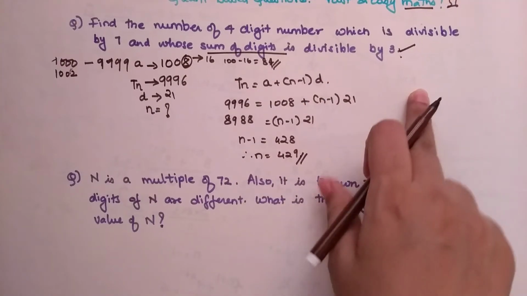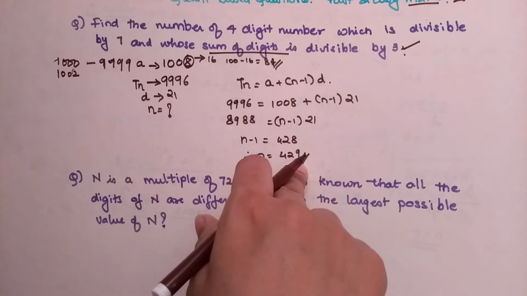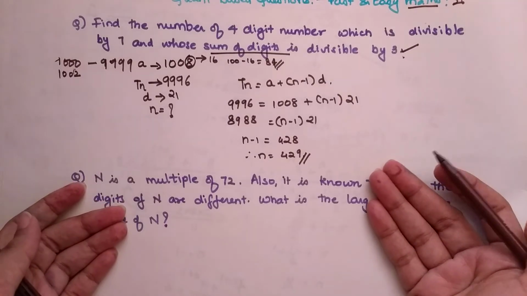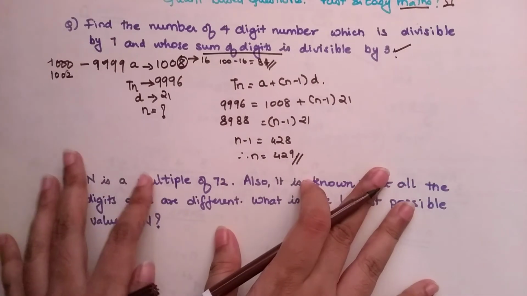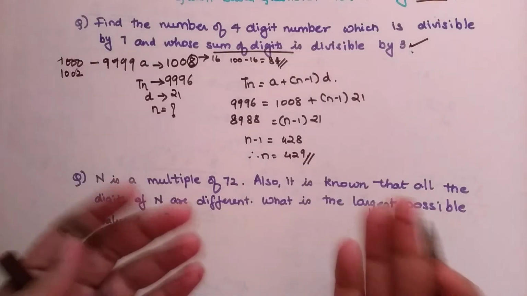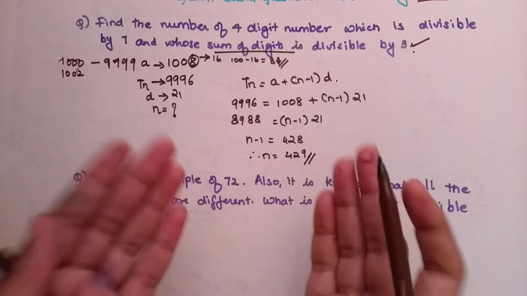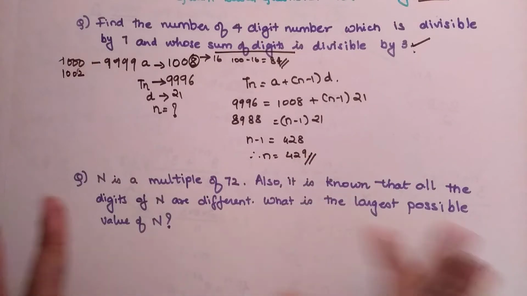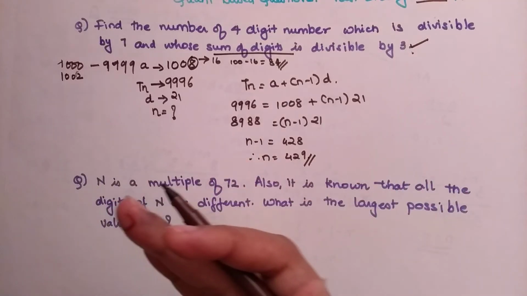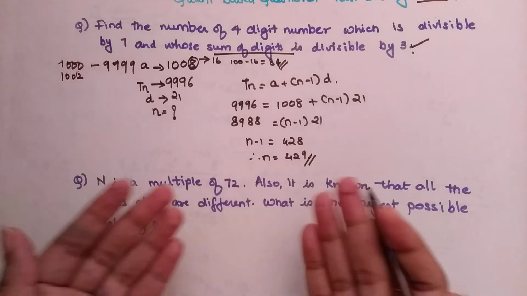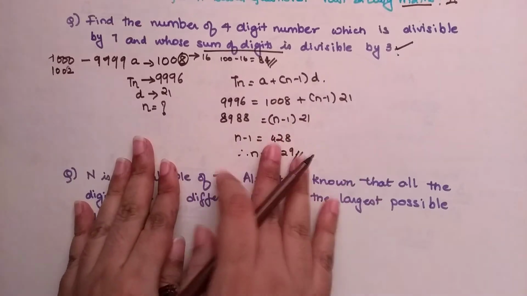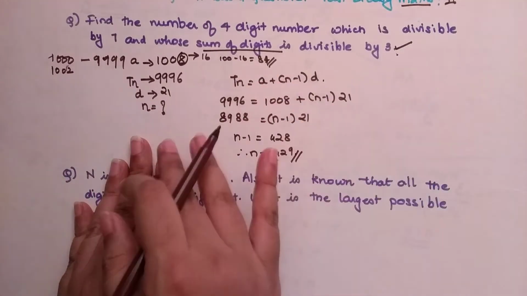Okay, so students, now you must have understood how your arithmetic progression comes into place. So this is one of the best ways of solving this particular question. I know a lot of people use a lot of calculations and they figure it out, but trust me, if you know AP, and I think everybody knows how to use this particular formula, why would you waste time doing so many calculations? And there is a very high chance of making a lot of mistakes when it comes to calculations. So I recommend using this particular formula for solving these kinds of questions.